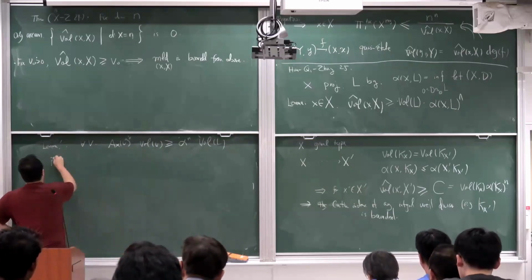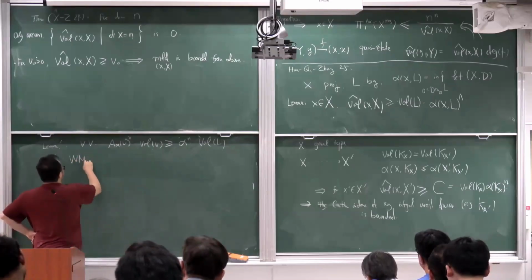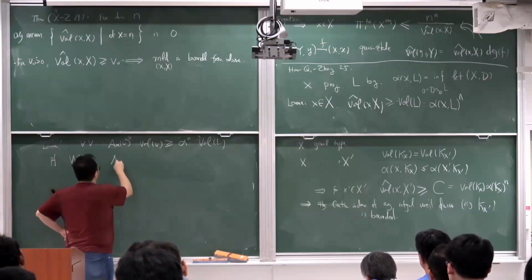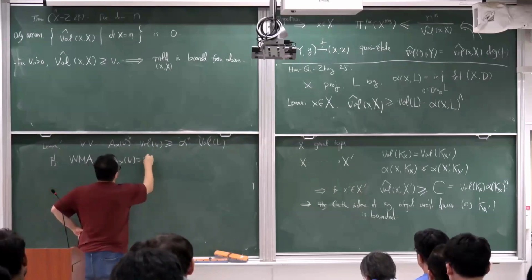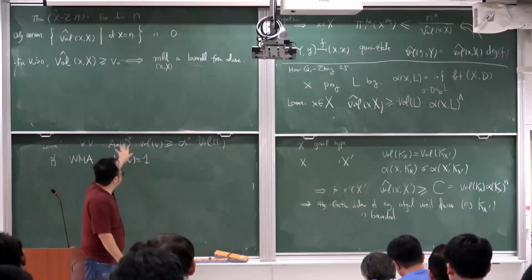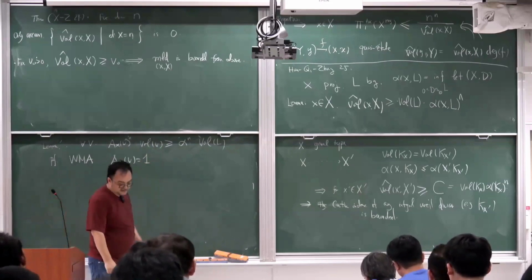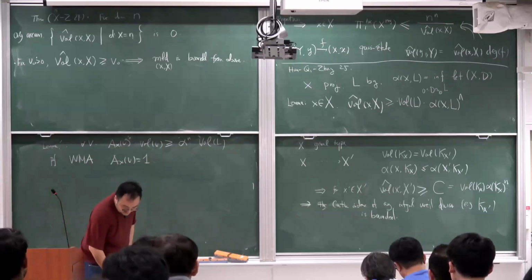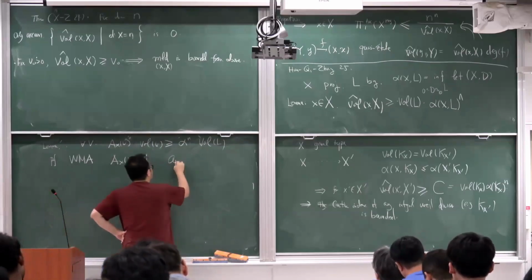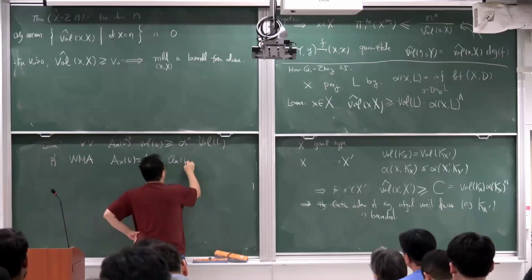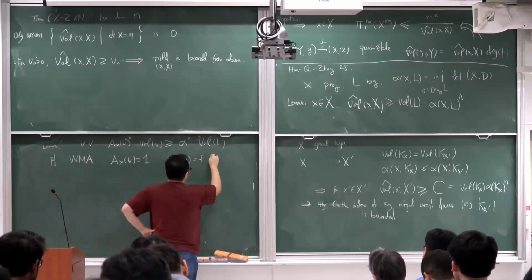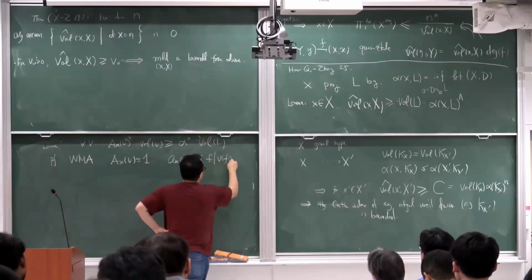So we may assume A_X(V) is just equal to 1. I just rescale this such that A_X(V) is equal to 1. And if I look at the a_k, the relative ideal, which is precisely the valuation ideal where v(f) is larger than k,